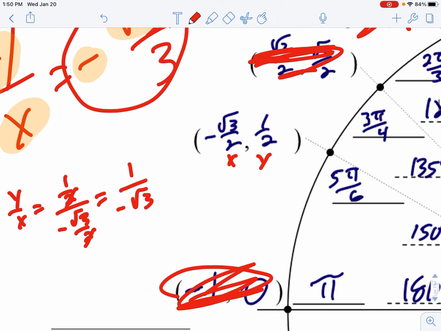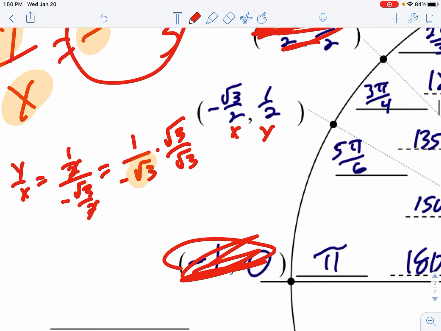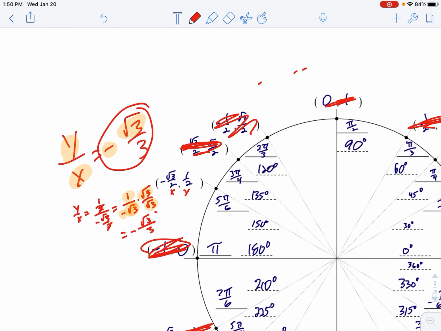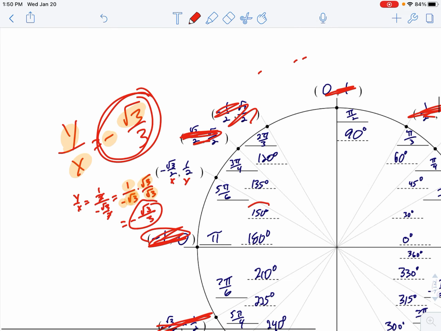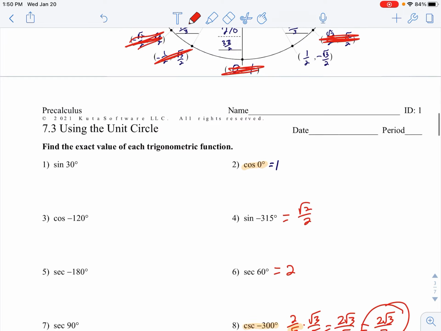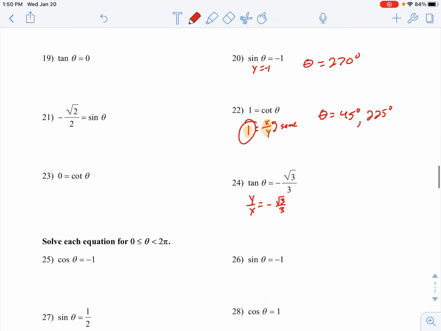But wait, we have that rule about square roots in the bottom of fractions, right? We need to rationalize this by multiplying by square root of 3 over square root of 3. That gives us 1 times square root of 3 on top. Square root of 3 times square root of 3 on the bottom is square root of 9, which is 3. And then that negative you can just pull out here. And it turns out that is what we're looking for. And that is a 150 degree angle. So 150 degrees